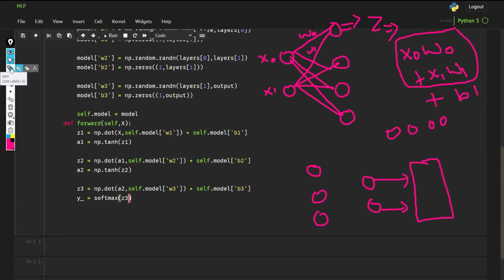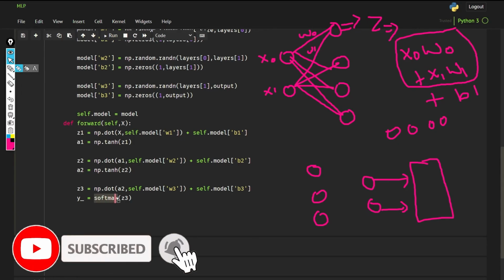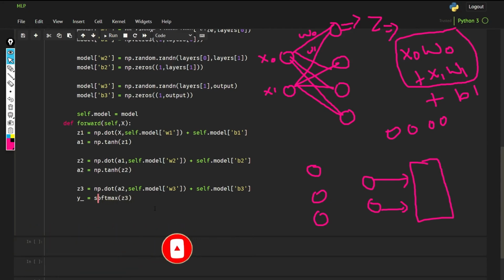Basically, softmax is a generalized sigmoid function. As you can see here, softmax is a function that I have not implemented yet. So what I'm going to do next after this function is implement softmax here. For now you can simply understand this, and I will explain it to you later.